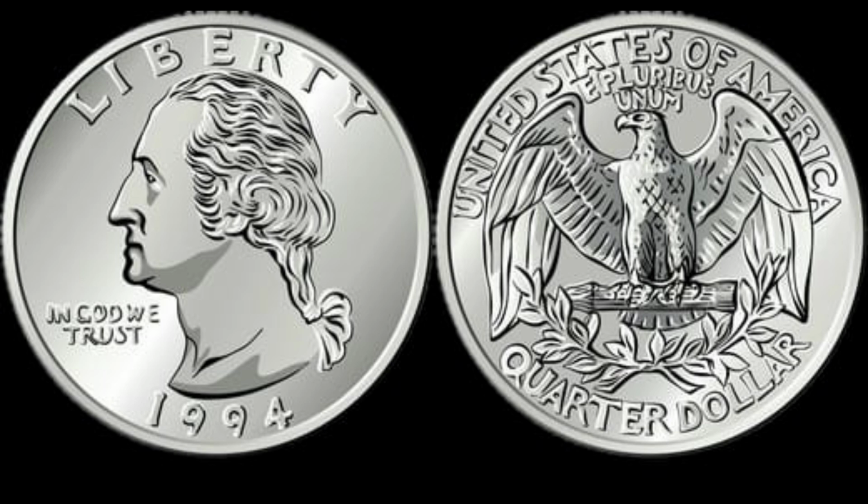and that's just the beginning, because another key factor contributing to the 1994 quarter's eye-watering valuation is the occurrence of wrong planchet errors, where coins intended to be struck on the standard copper-nickel-clad quarter planchets were instead mistakenly struck on planchets meant for dimes, pennies, or in some ultra-rare cases, foreign coins that the US Mint was producing for other countries under contract at the time, and when a quarter is struck on the wrong-sized or wrong metal planchet, it often appears off-weight, off-color, and off-sized,